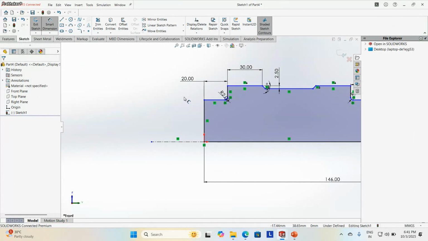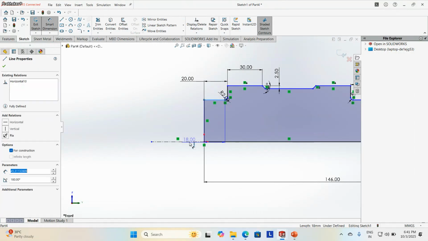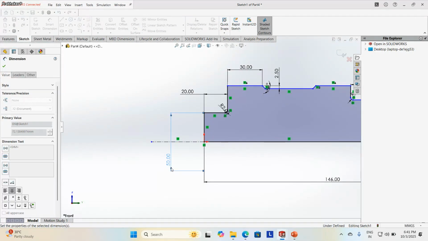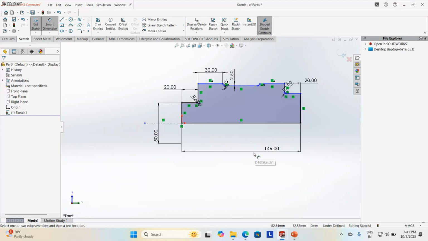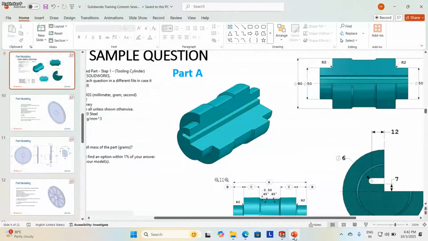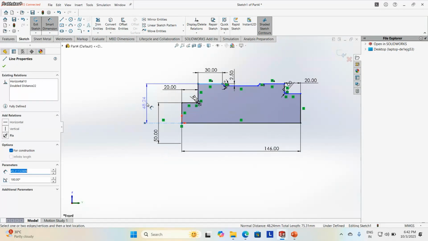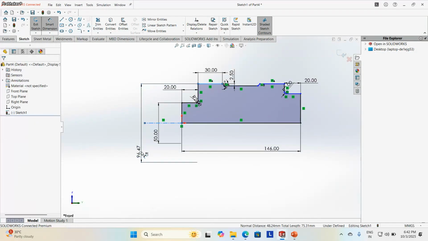So I go to smart dimension. What I do, I select here the center line. If I click, I can specify the radial value. I'm not holding any key command. Just selected this line, selected center line. Outside I select. I can directly specify the diametrical value. Diameter 50. The second diameter is diameter 80. Selecting this, selecting here. This is radial. This is the diametrical value.